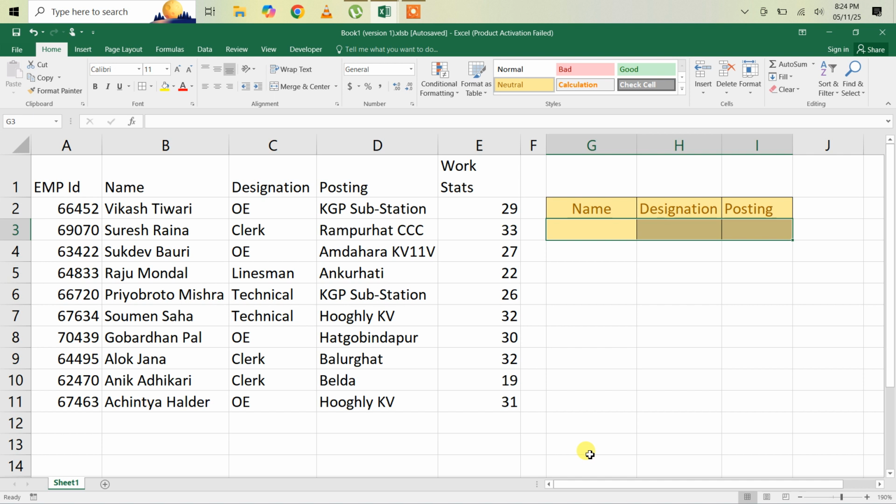Welcome back, office executives. So I am presented with this data. In this particular data, based on two criteria, that is name and designation, if name and designation, these two criteria match within this data range, then his posting would be fetched from this